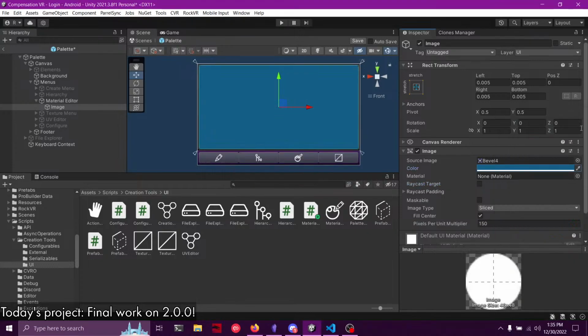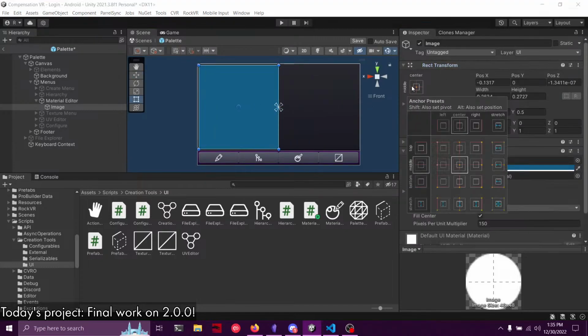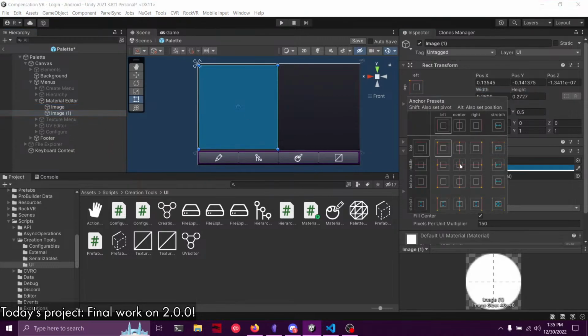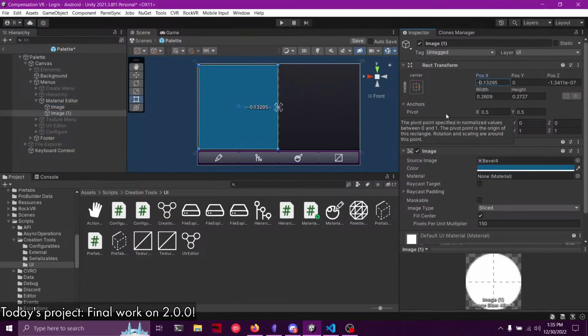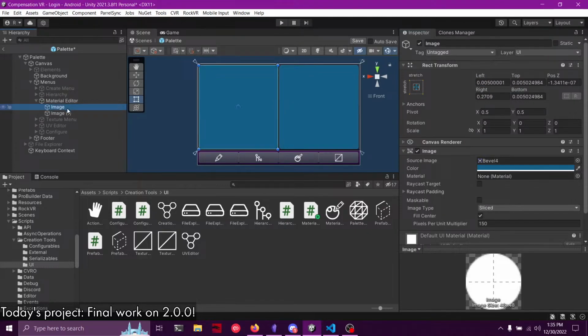Then I can center this and make it the right size. Then it's just a matter of putting it back into stretch mode, adding 0.0025, because we're going to do the same thing on the other side. Wonderful. So that's that, and that's that. So now all we need is the